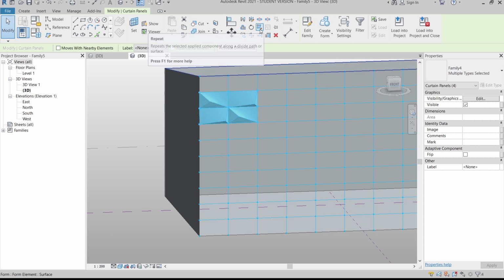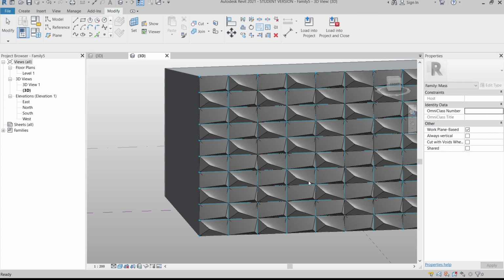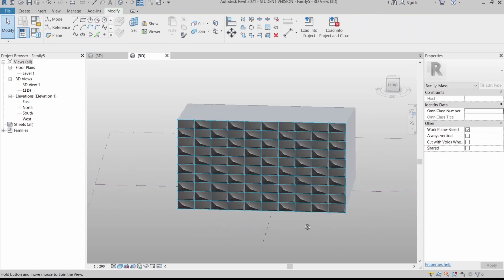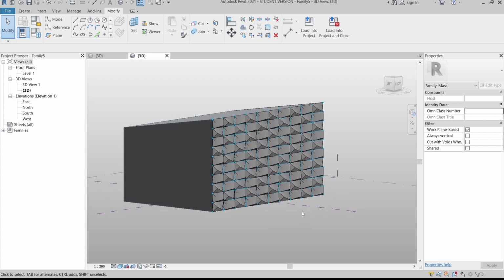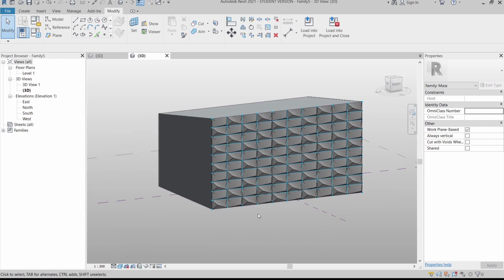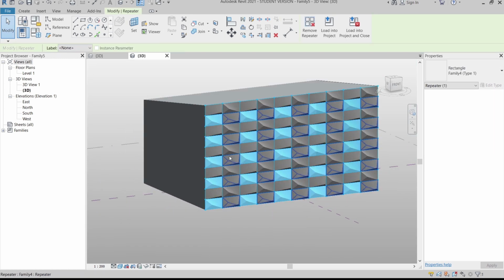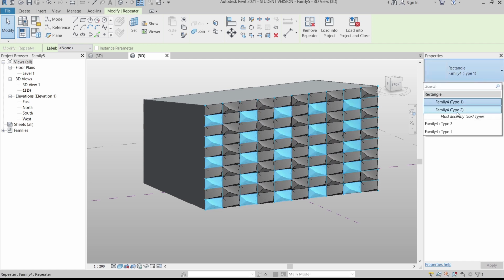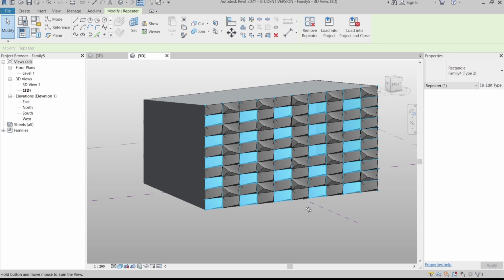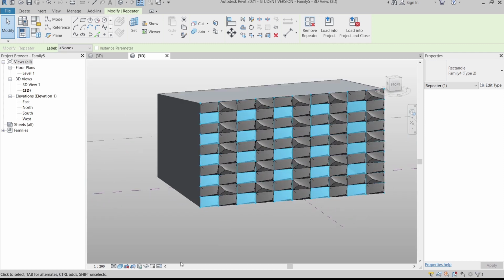So we can repeat that like our adaptive component. I can go to repeat, just select repeat. So far we'll be repeating, as you can see, it's quite fast and perfect for our facade, it follows properly. And of course I can change that. Let's say this one there, I can change to type 2. As you can see it will reflect and be changed automatically,